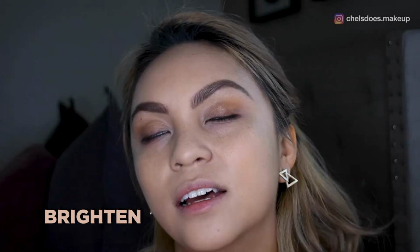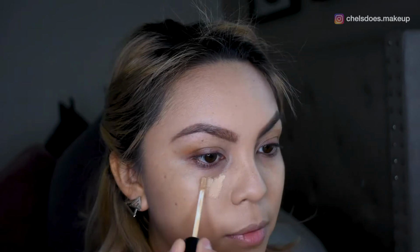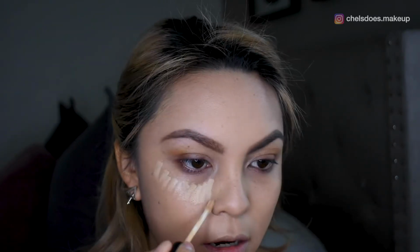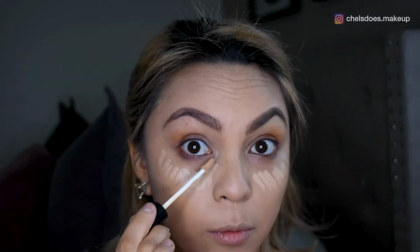For highlighting, I love, love, love this concealer. It's the Morphe concealer, and this is in the shade C215, and this is about, I want to say, a shade and a half lighter than my actual skin tone. And I just kind of place this here under my eyes, and I'm not going right up here, I'm just going down here, not putting too much product either. And I go down the bridge of my nose,